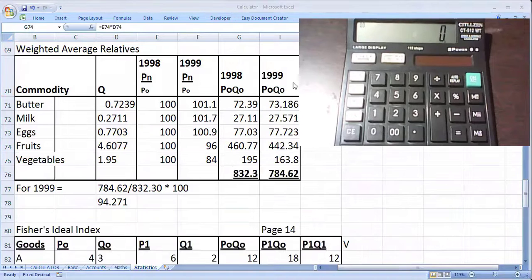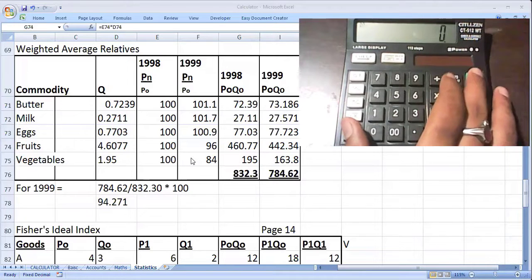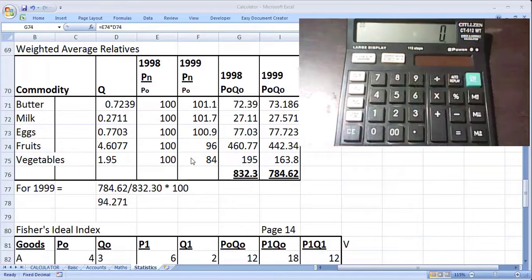This is not blinking. Yes, ma'am. So there is one Excel formula mistake. So we'll see here. Okay. See, now they want to calculate the index for 1999. So the actual year, current year is 99 and the base year is 98. So like P1Q1 by P0Q0. So we have to take it that way, right? So we calculate the numerator value and denominator value separately, by using M plus and MRC formulas. That is better, right? So we'll use that now.